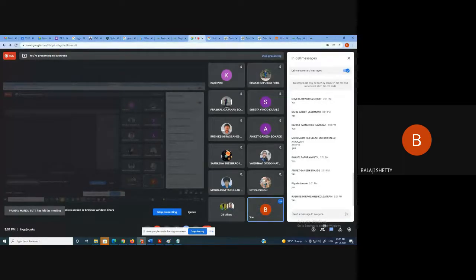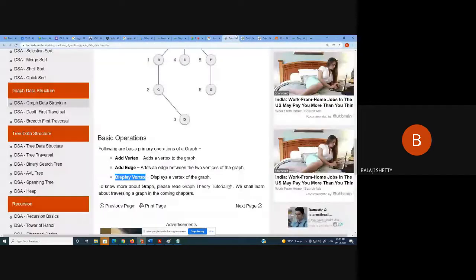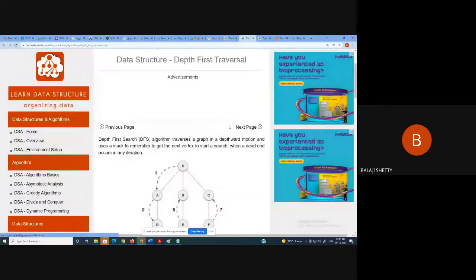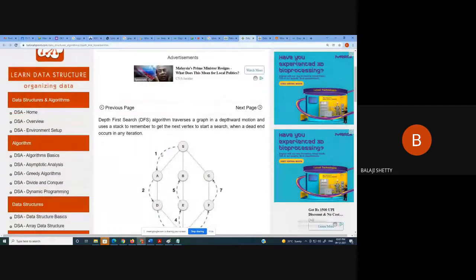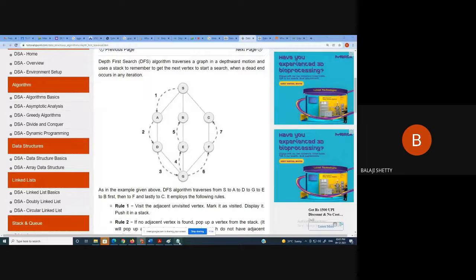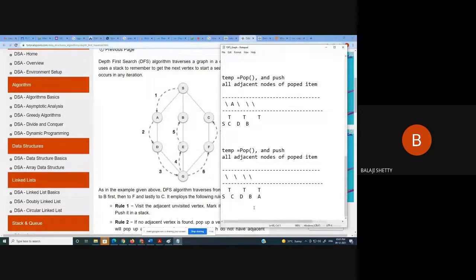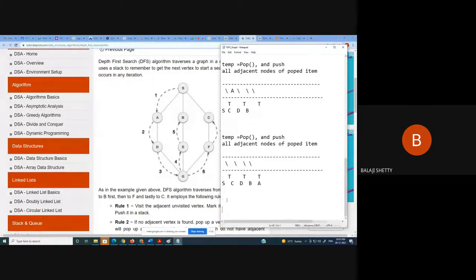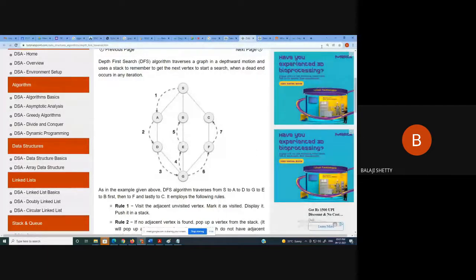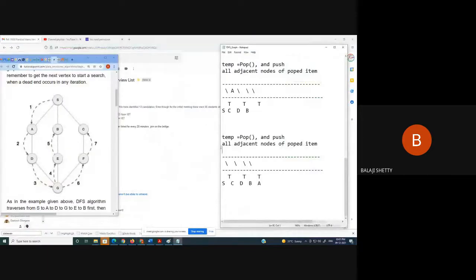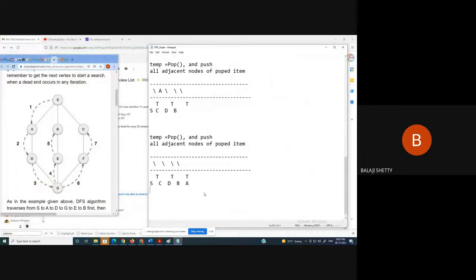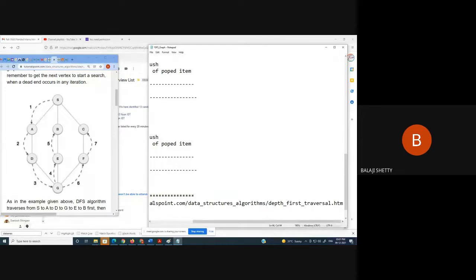Did everyone understand? Okay. So let us simulate the same algorithm for this graph. Depth first search for this. Okay, now I will do this a bit faster. So what happened immediately? Let me adjust this a little and make it bigger. Okay. So we are taking this example. So we are going to simulate this. Okay.